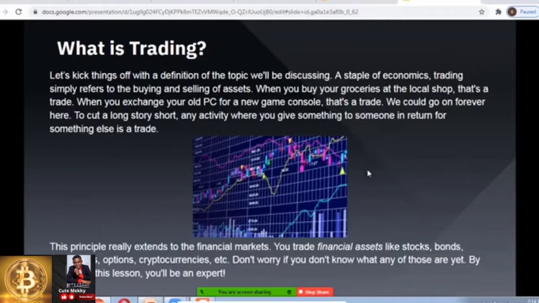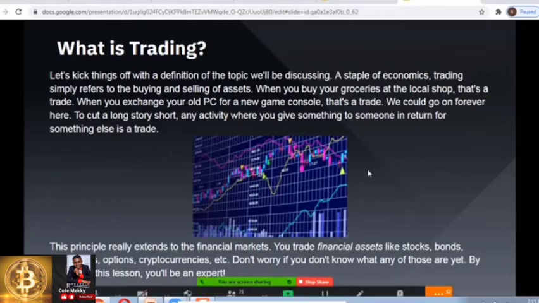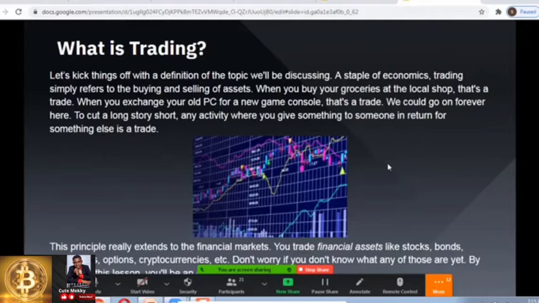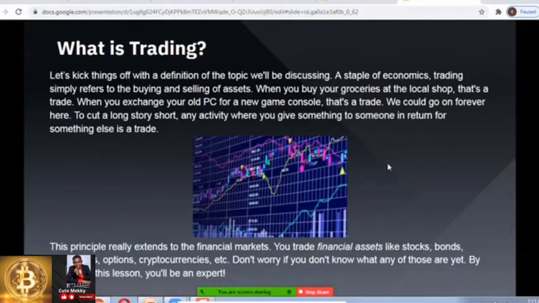So don't worry much. Before the end of the training, you will know how to trade cryptocurrency. But for the purpose of this training, we won't be looking at stock trading, bonds, and forex pairs and all that. We'll be focusing on cryptocurrency, which is the new dimension where money is moving to, because it's actually disrupting